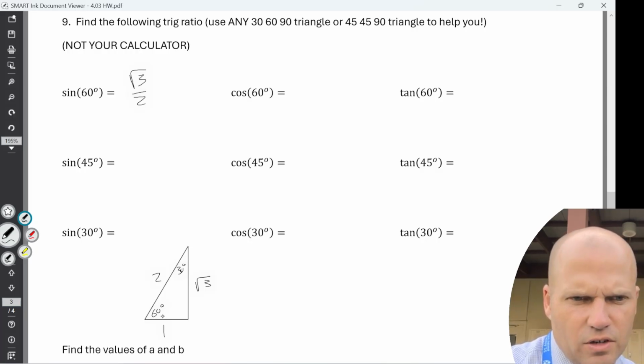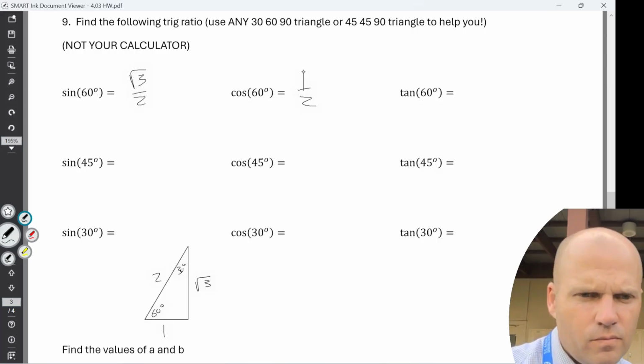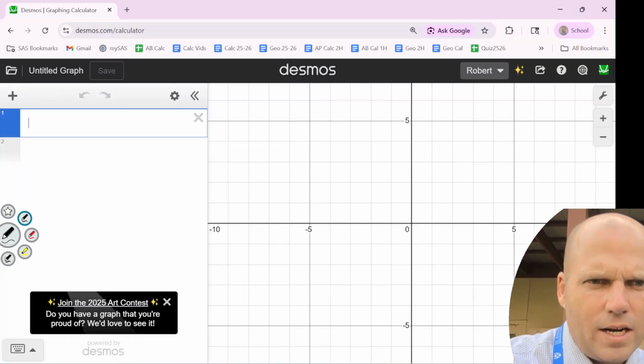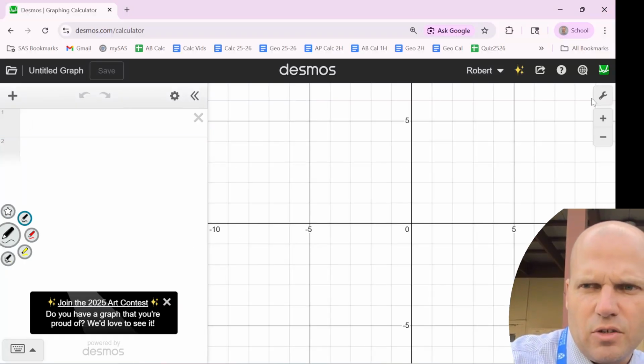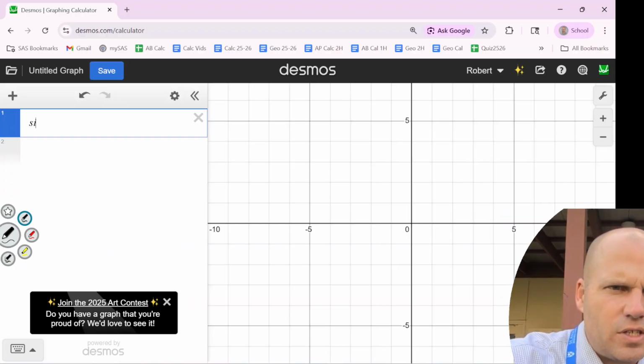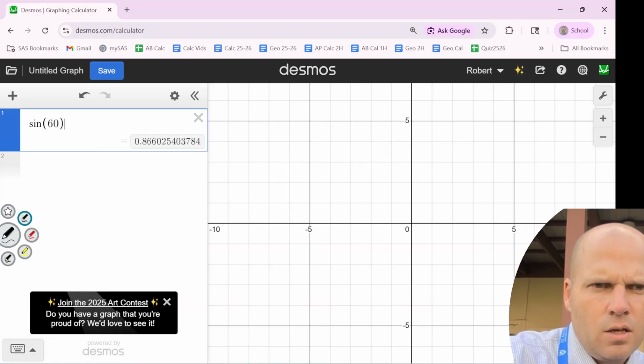The cosine of 60 degrees is 1/2. The tangent of 60 degrees, opposite over adjacent, would be root 3 over 1, or root 3. Watch, I'm going to type those in, making sure I'm in degree mode. Now, I don't want us to do this. You don't have to do this. But if you did, we get